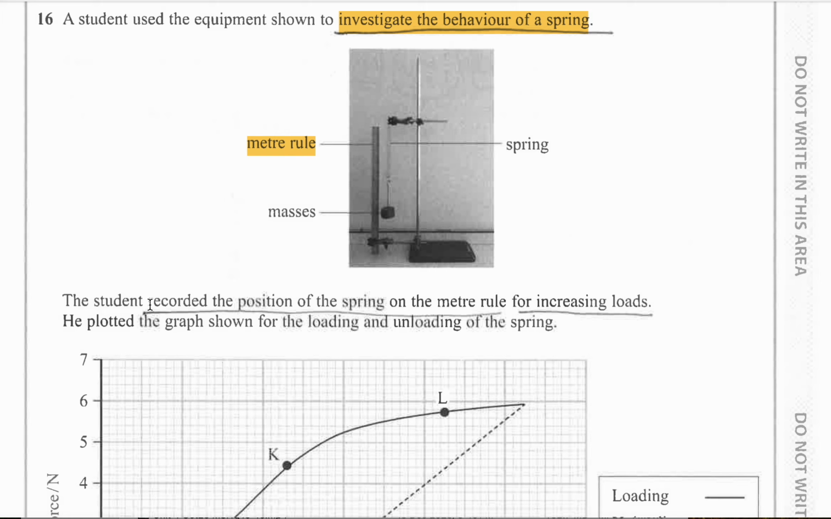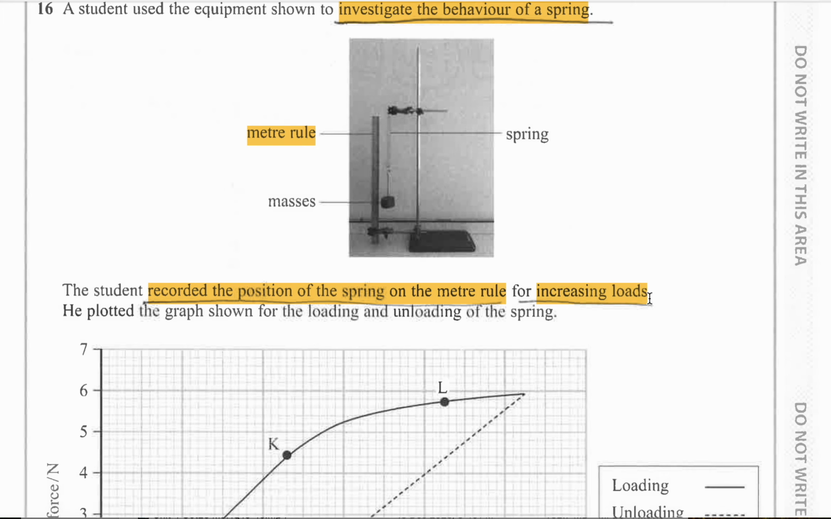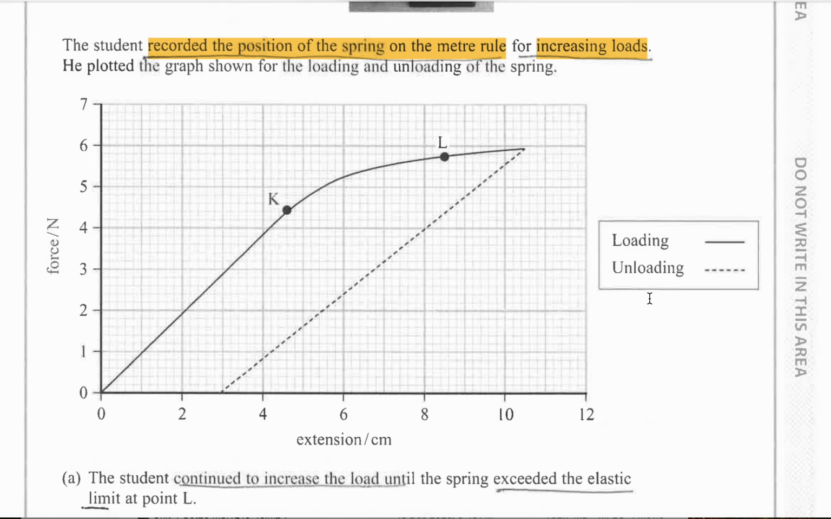So it says a student recorded the position of the spring on the meter rule for increasing loads. So the increasing loads is the independent variable. He plotted the graph shown for loading and unloading, as shown in the key. So this is the force and this is the extension. So normally we would put the independent variable on the horizontal axis, but you can break the rule and put the